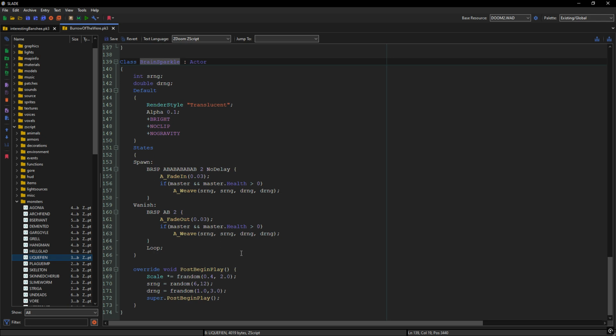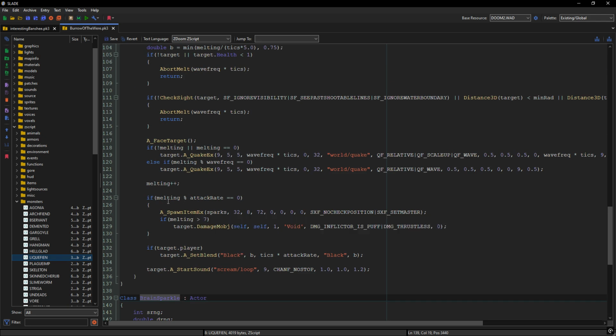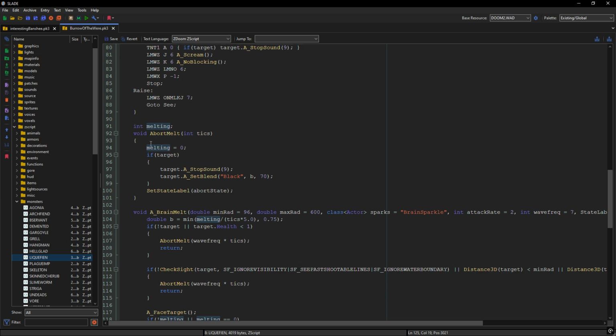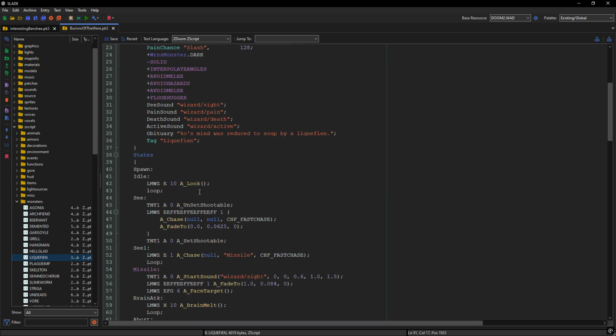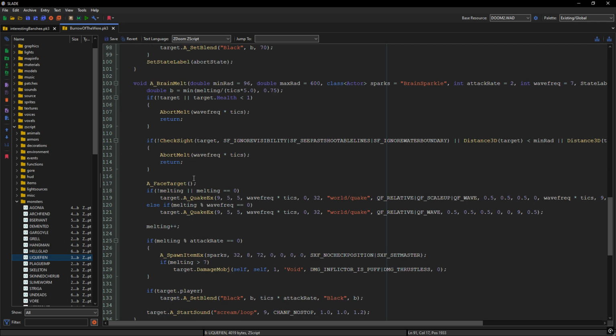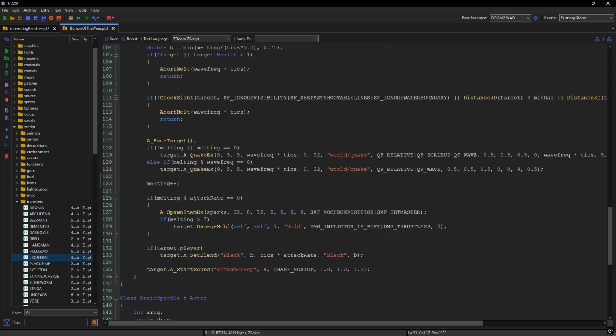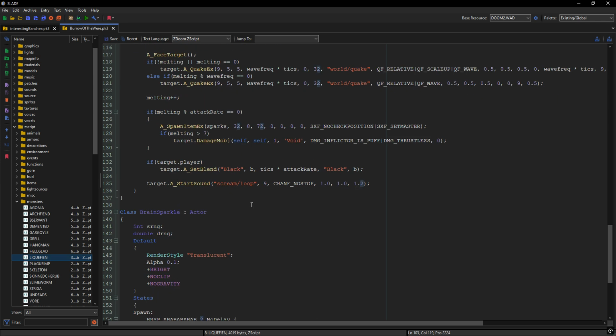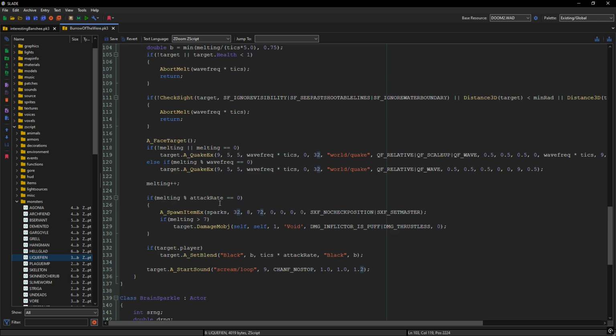You can add any actor that you want to spawn anytime you want, again with the same trick that I used before, using this little variable here, which can be used anywhere in the actor if you define that outside of functions and states, and comparing it to the attack rate, which is another argument of the function. In my case, attack rate equals 2, the lower the faster the attack rate, of course,